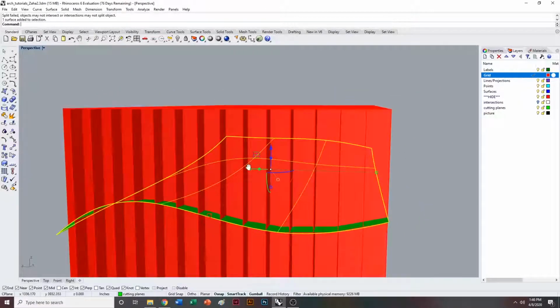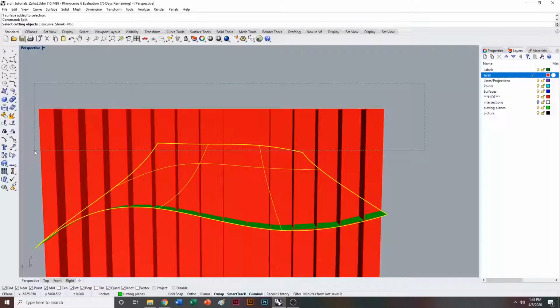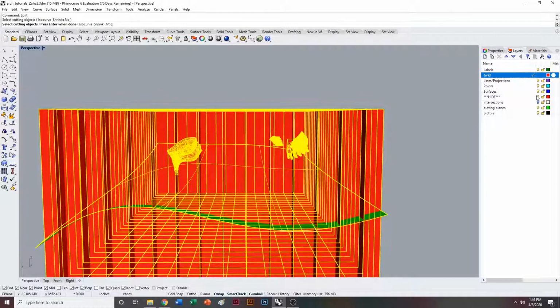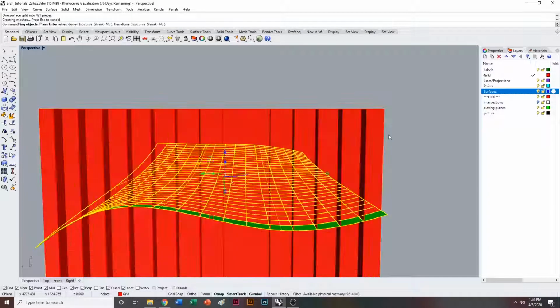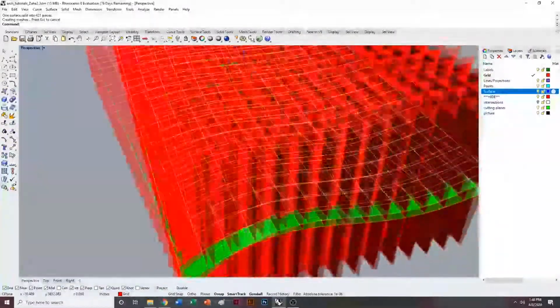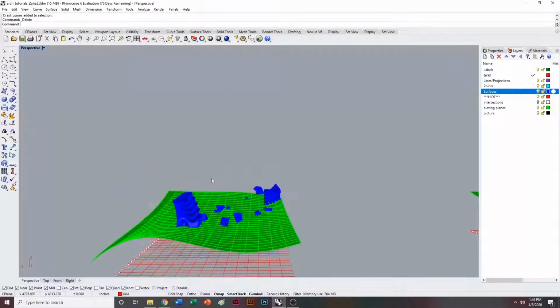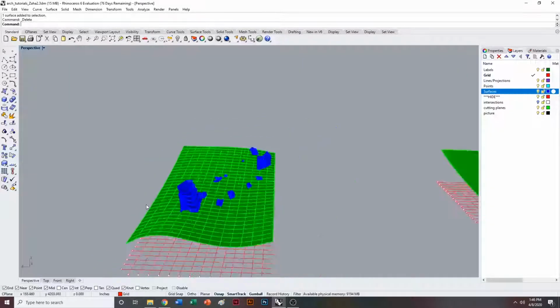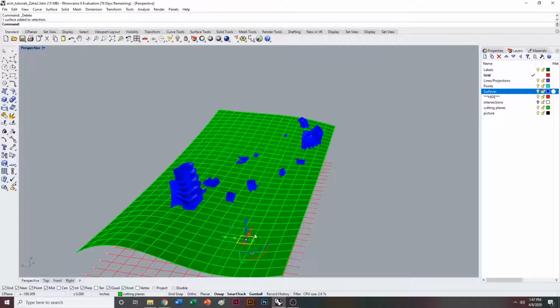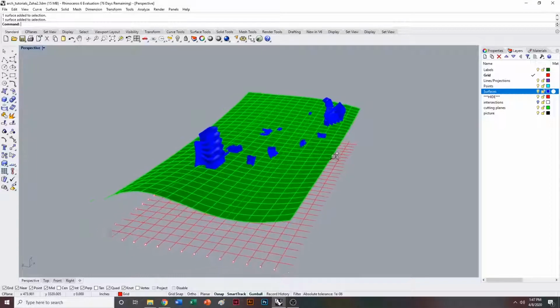So now we want to select this surface and type in split, and basically just select all of these red things that we just made. And we want to deselect the surfaces. We can do that just by toggling the layer visibility. And then when we right click, it should split everything into a bunch of different pieces. So now we can delete these red lines, or these red planes, excuse me. And this piece didn't look like it cut, it's fine. But basically now we have a bunch of individual pieces that we can assign individual textures to,